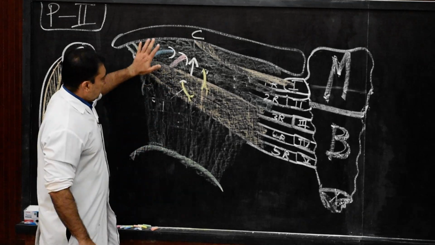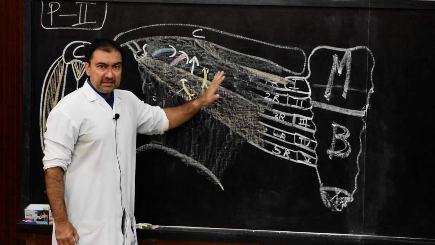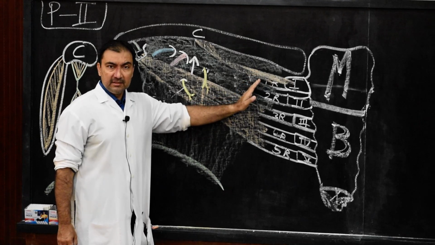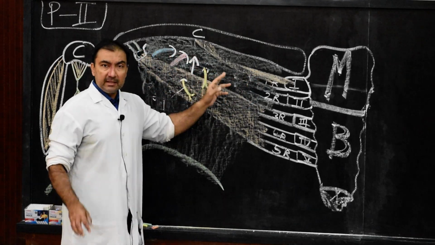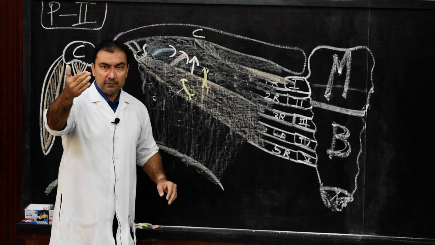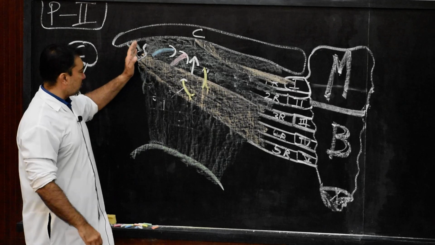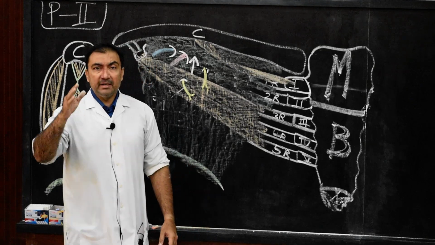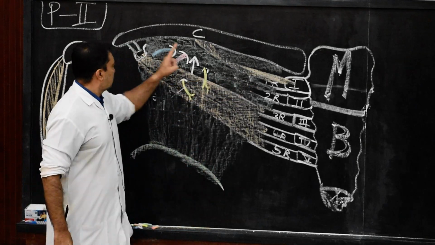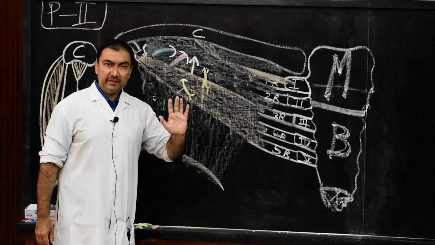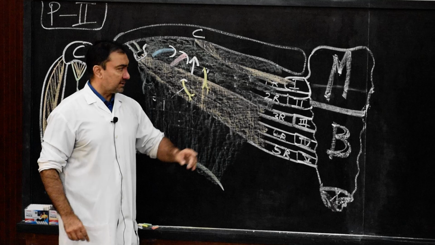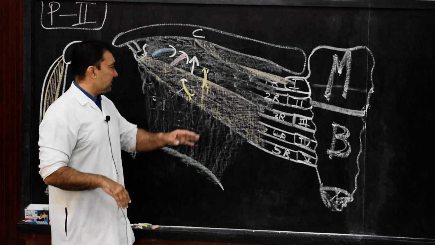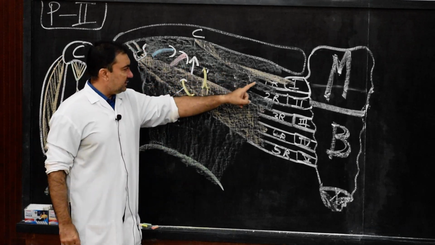And the last point, the entire clavipectoral fascia, which is stretching from coracoid process to the upper two costal cartilages, will be known as costocoracoid ligament. Remember, the portion of clavipectoral fascia which extends from coracoid process to the costal cartilages will be known as costocoracoid ligament. That much only we need to understand. Sometimes it is asked as a 1 mark question. What is costocoracoid ligament? It is a part of clavipectoral fascia which is extending between coracoid process and the upper costal cartilage.